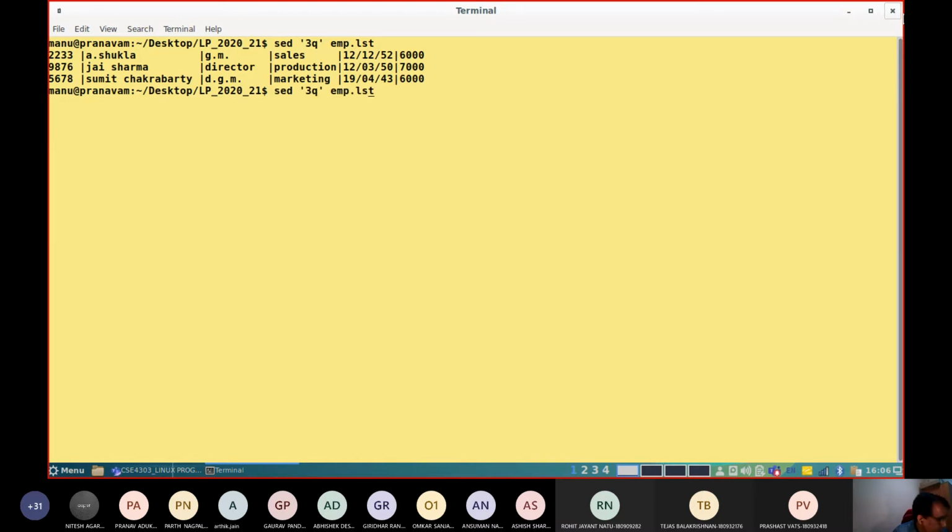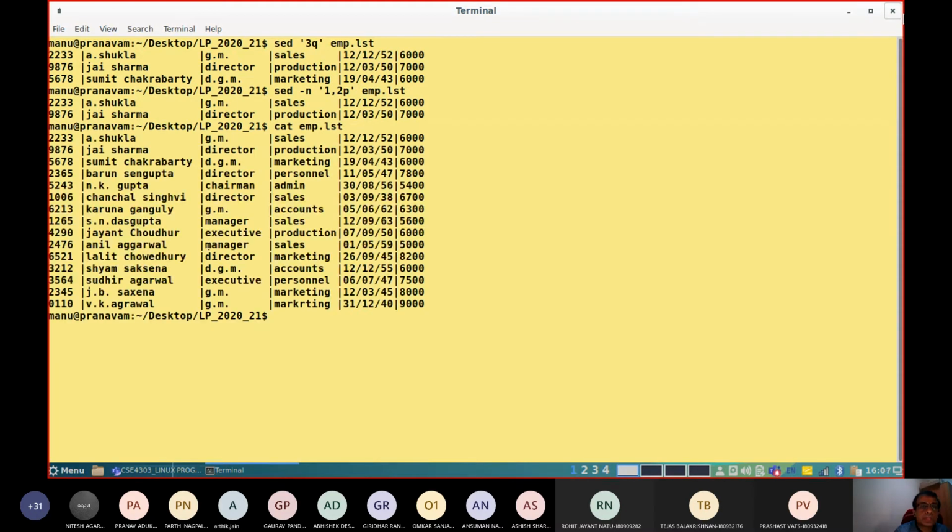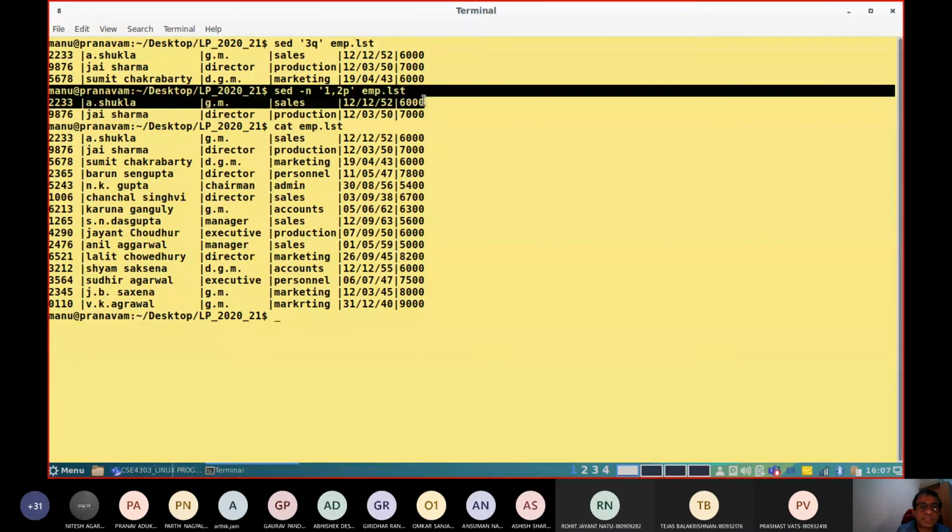Similarly, this has got several different options, like again you can say -n. Then within the single quote, you can write 1, then again you can write 2p. Look into the way of output there. These are the input names. The first 2 lines are displayed with this particular command.